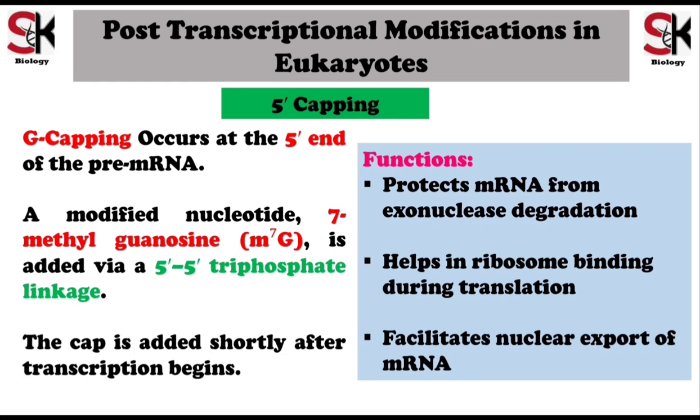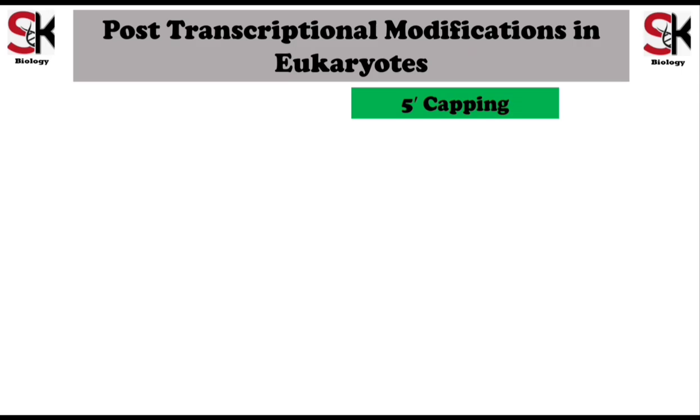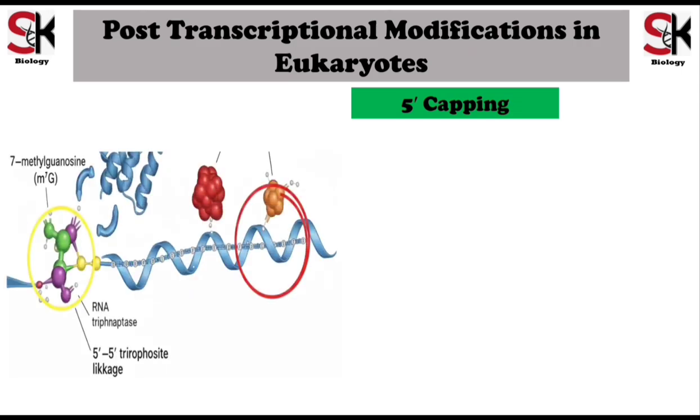This modification also helps in ribosome binding during translation, that is protein synthesis. This 5' capping also facilitates nuclear export. Now let us understand how this 5' capping is done on mRNA. So to add G-cap to the mRNA,